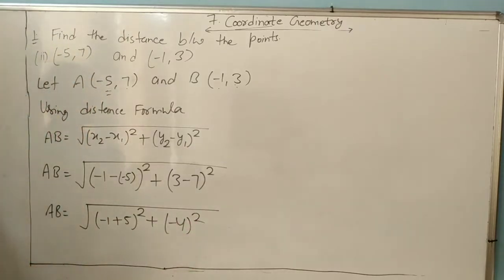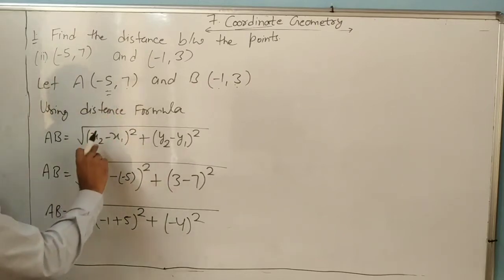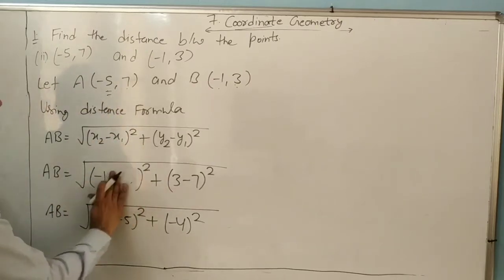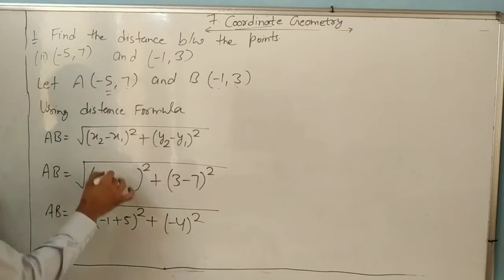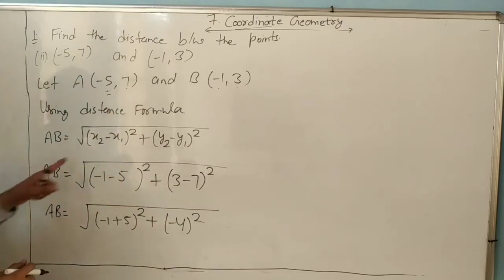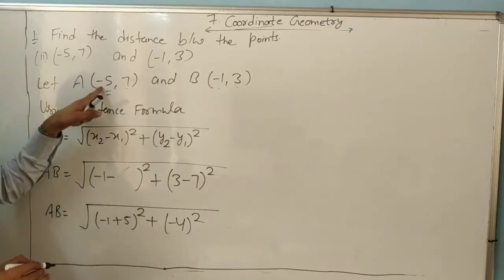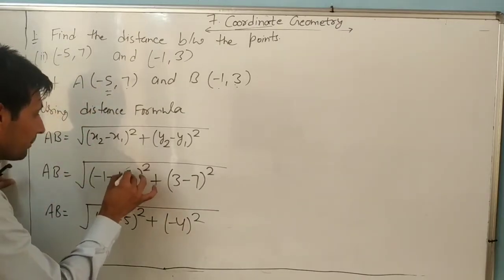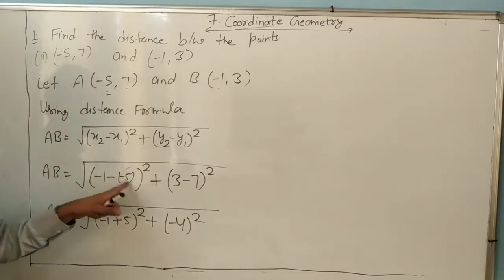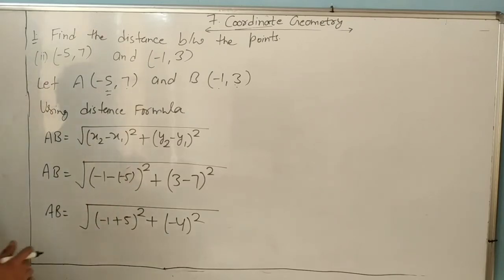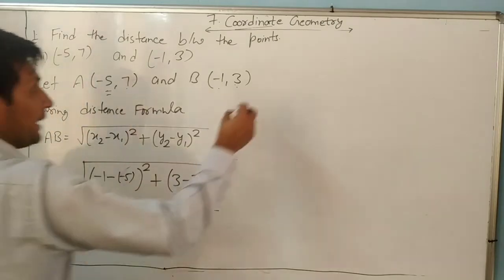Many students always make a mistake here. They will write x2 minus x1, they will write directly x2 and then minus x1 minus 5. No, always first we will write the minus sign. Then if there is a negative sign, we will use a bracket. Understand? Because negative negative becomes a positive. So next is here AB